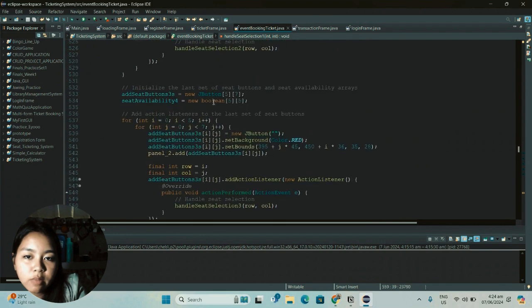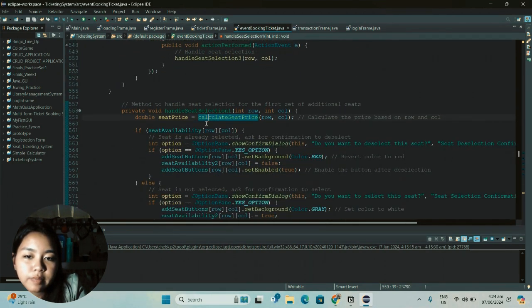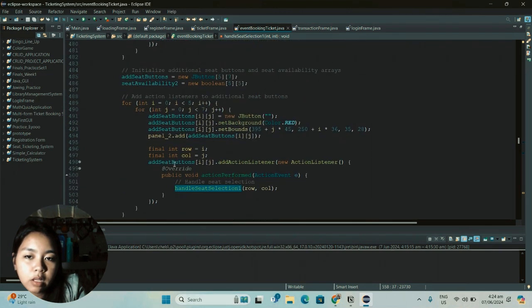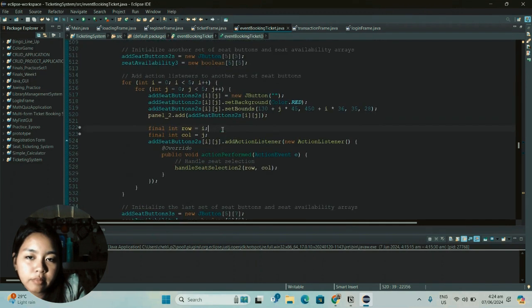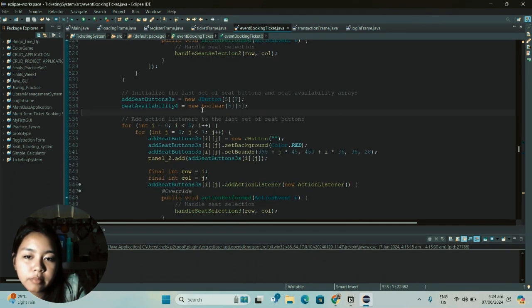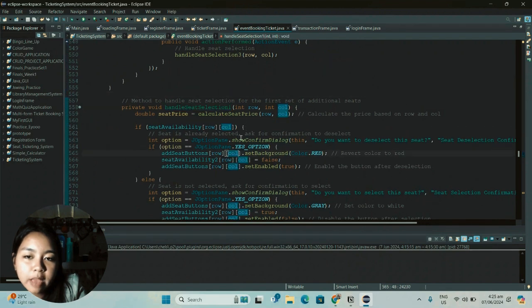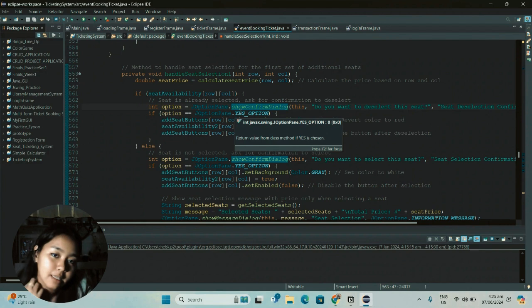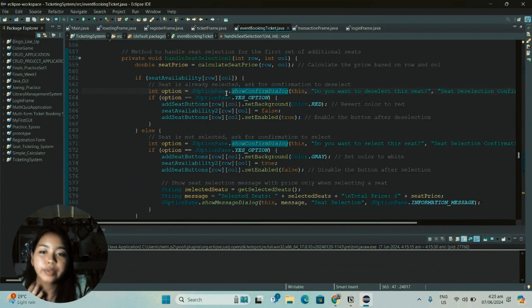So that we call on this. This method handles seat selection for the first set of additional seats. It calculates the price based on the row and the column.